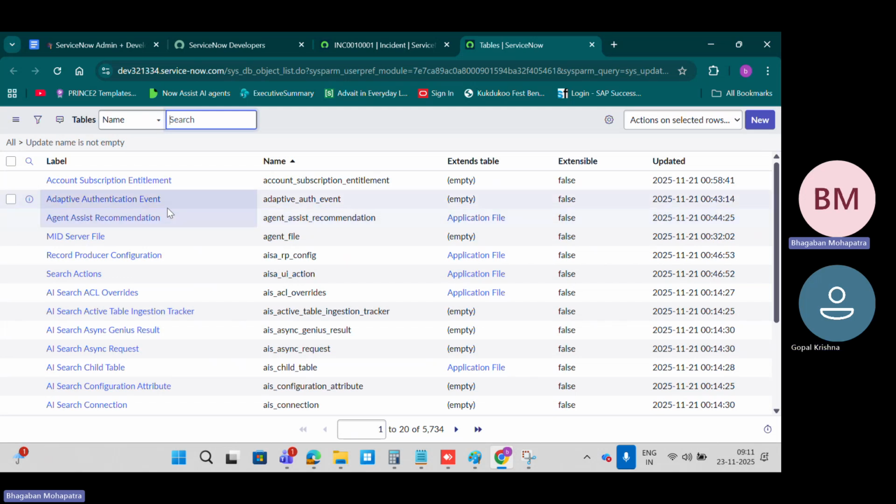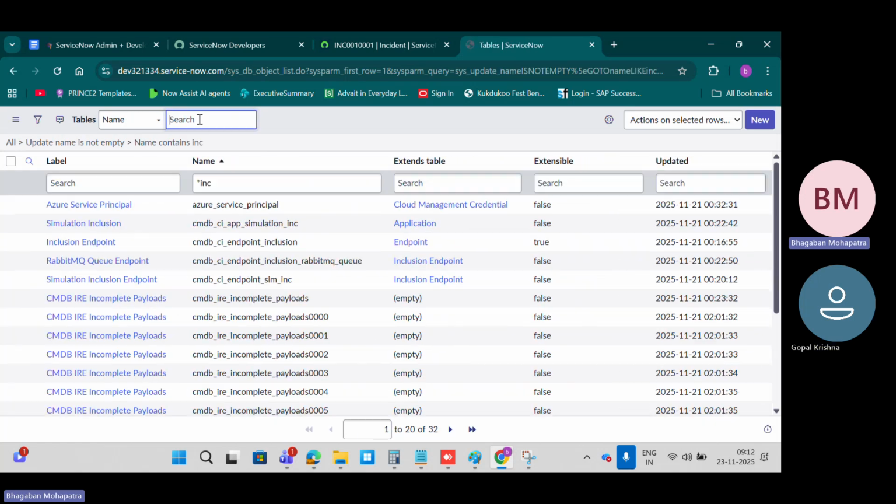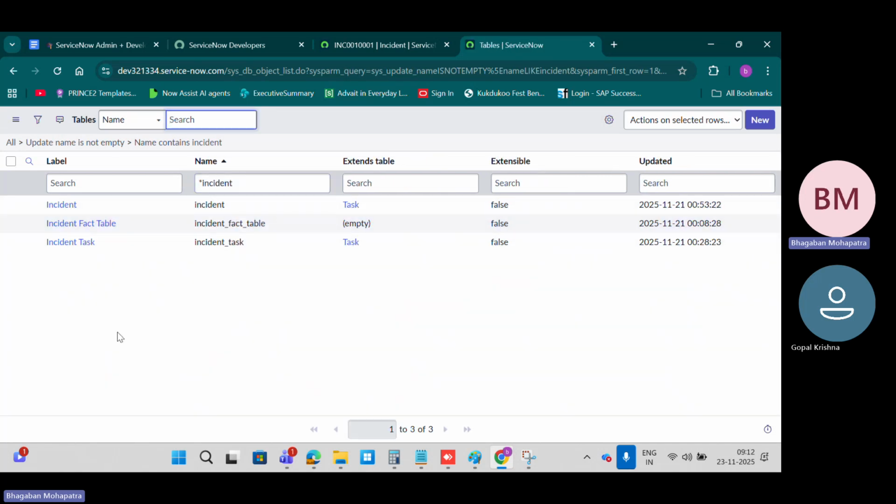Okay. So here you will see this is the table. I will search the incident table. There are some regular expressions you can use while searching. Suppose you don't know the exact table name, you can give a star and search like that, for example inc. So anything with that name or incident will come. So incident,